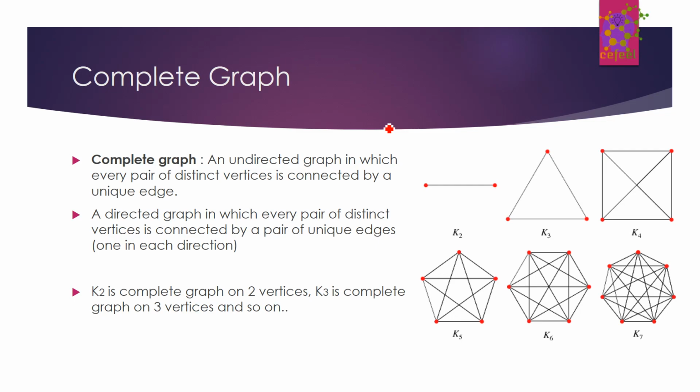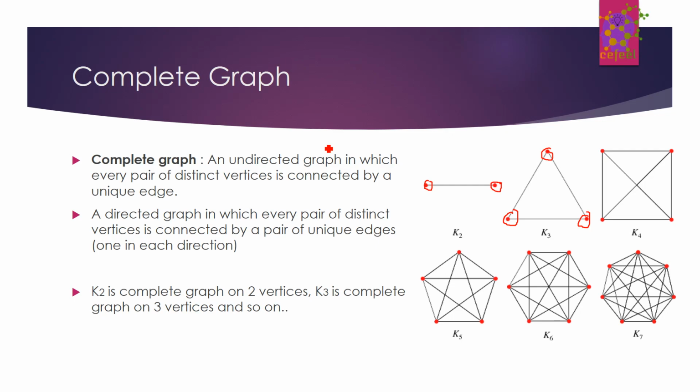Alright, now we'll move on to see certain important types of graphs which are interesting. The first one is the complete graph. A complete graph is a graph where there is an edge between any two vertices. If the number of vertices is 2, we have one edge. If the number of vertices is 3, then we have 3 edges, one connecting each pair, and so on. So you may have guessed, for a graph of n vertices, the number of edges will be n choose 2, or n times n minus 1 by 2.